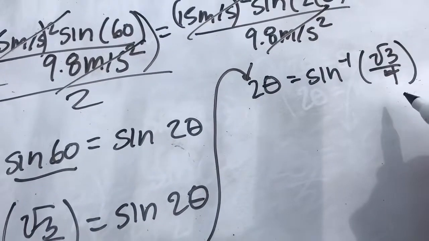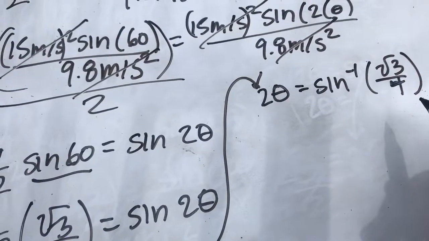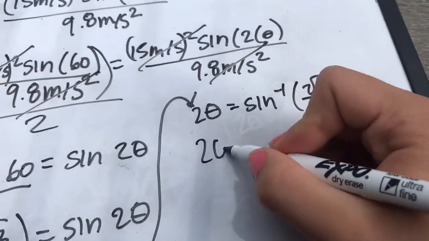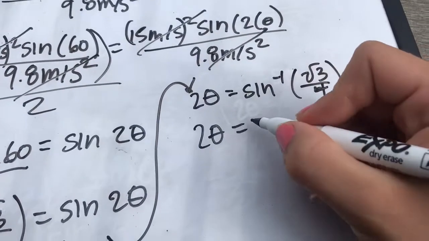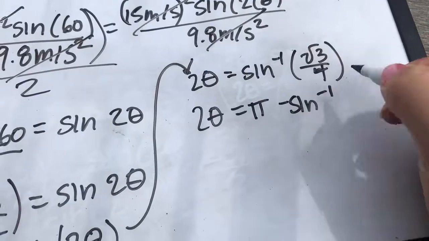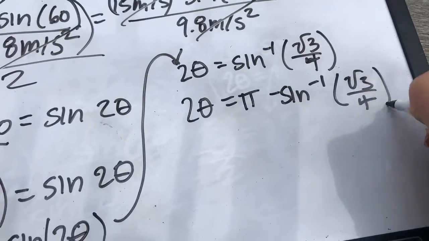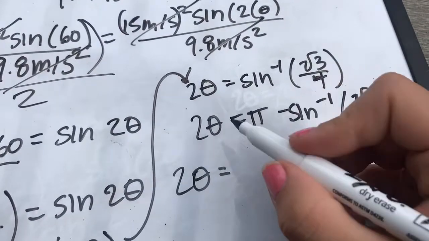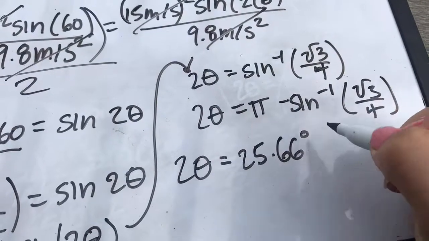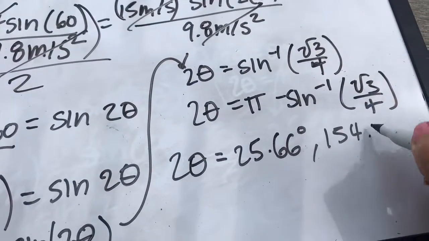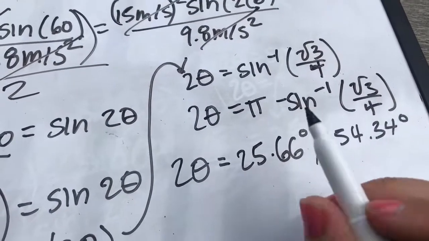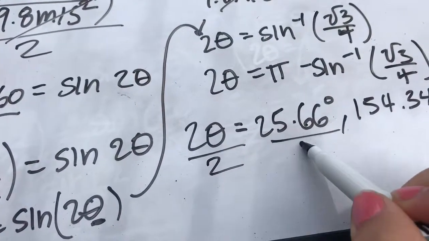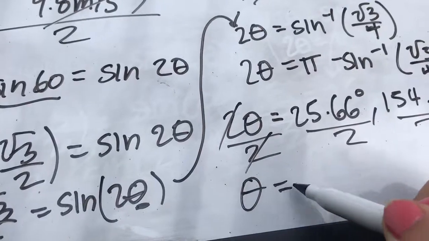And since we did it one way, we also have to do pi minus that, so because of the unit circle over there, we also have 2 theta equals pi minus sine to the -1 radical 3/4. And that's going to give you 2 different answers. It gives you 2 theta equals 25.66 degrees and 154.34 degrees. And I just got those by plugging these equations separately straight into my calculator. And then we divide everything by 2. And the angles we get are 2 different ones,